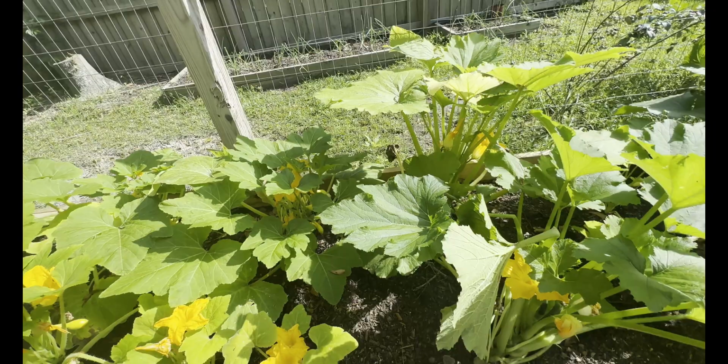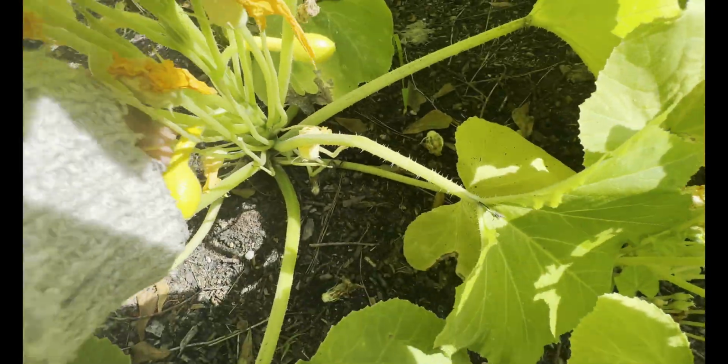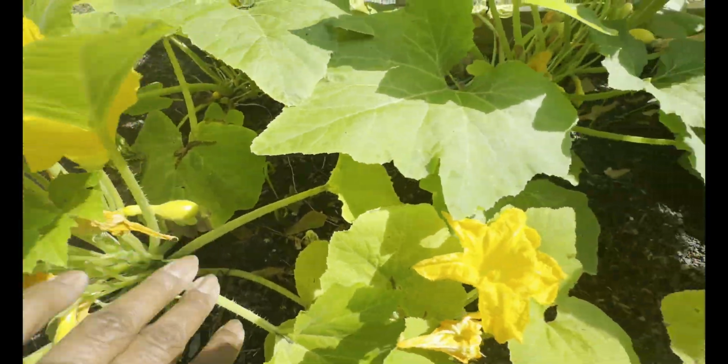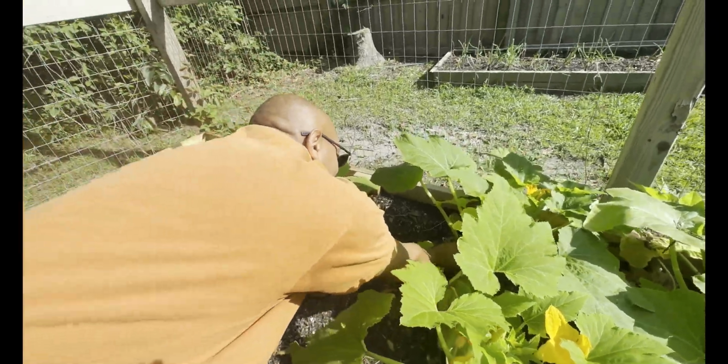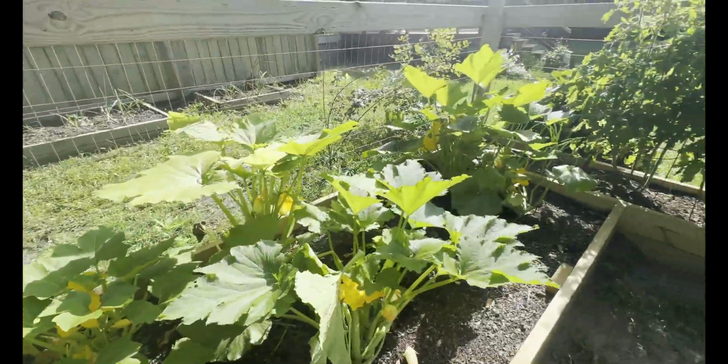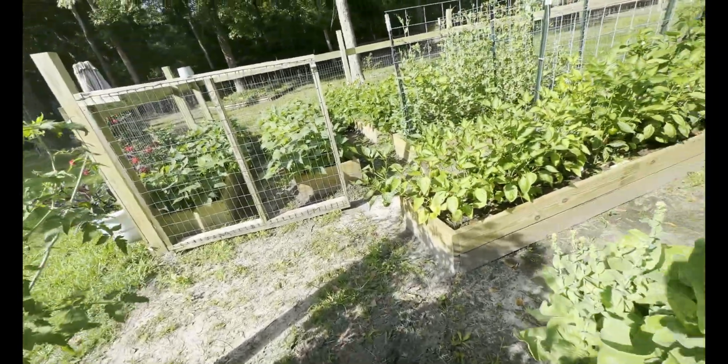And then our squash. Our squash is doing okay. I mean, they're looking okay, baby. They're coming. And so anyway, that's what we have right now. I just wanted to share with you our garden. I have to get back inside. So right now